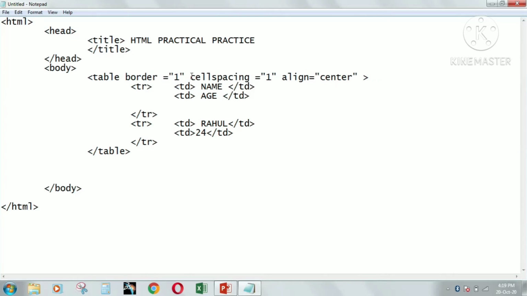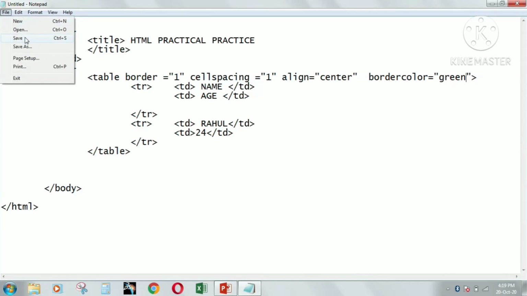So here we will create a table which will be aligned in the center, which has border value 1 and cell spacing also 1, and I'm also setting the border color. Border color is green. So the outer line will be of green color.